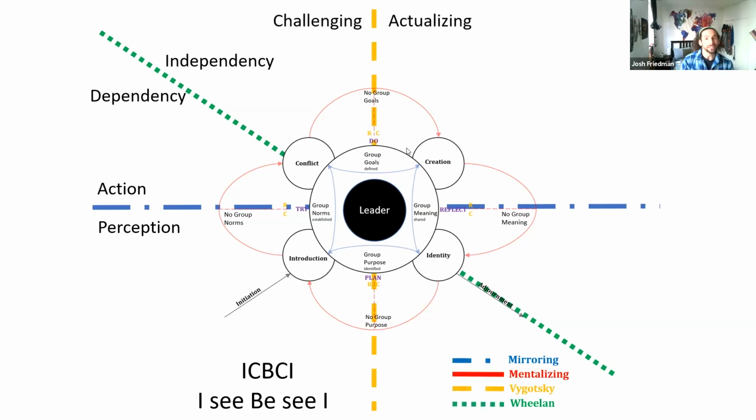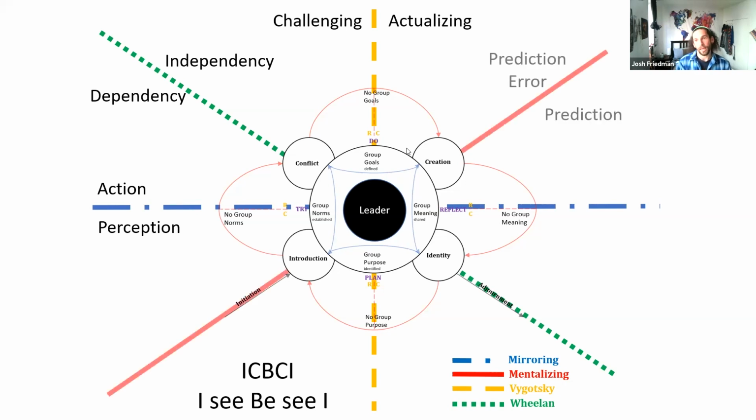As I mentioned earlier, is this so challenging that we can't actually get to or engage in those identity processes? Right? Or is this an opportunity, or is this so actualizing, is everybody really fully self-expressing, that there's no coherence in that actualization on the group level? And finally,